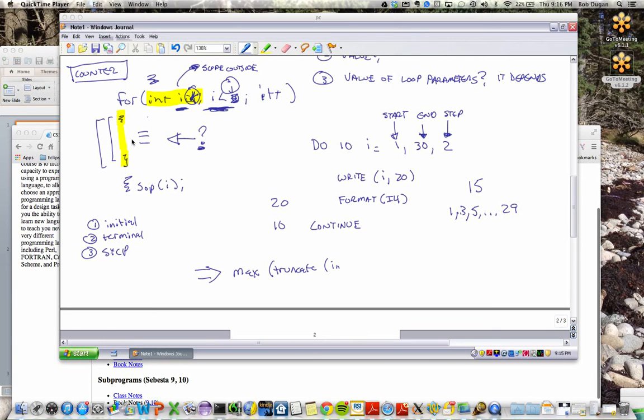So maybe what I'll do to make this more consistent, I'm going to go back here for a second, erase this. Start, stop, step. Sounds nice. Start, stop, step. Okay. So you're going to take the stop value and subtract the start value from that, and you're going to add the step value to that. Okay. And you're going to divide that by that whole expression,